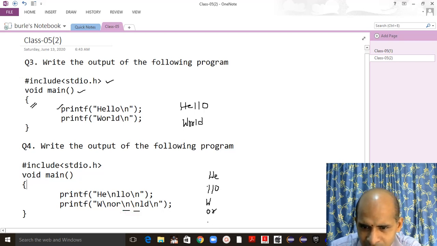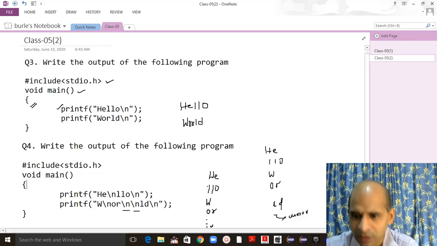So it will create the first gap, then the second gap, then it will type LD. So the answer will look like this: HE, then LLO, then W, then OR, then 2 lines of gap, then LD, and since slash n is there, the cursor remains here. So this is the cursor, the line which is blinking there.